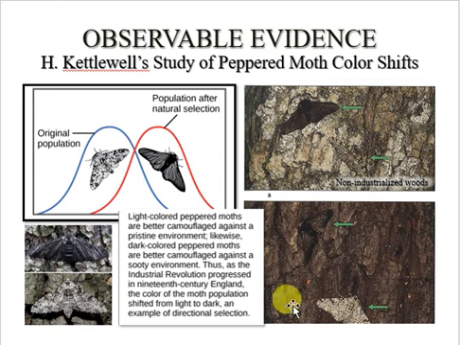Whereas in the industrialized woods, where the tree trunks were covered in soot and therefore much darker in coloration, the dark morphs, or your melanic morphs, were better camouflaged as opposed to the light morphs. So the light morphs faced higher predation rates than these guys, and therefore had lower survivability. So that's also an example of directional selection as well, where